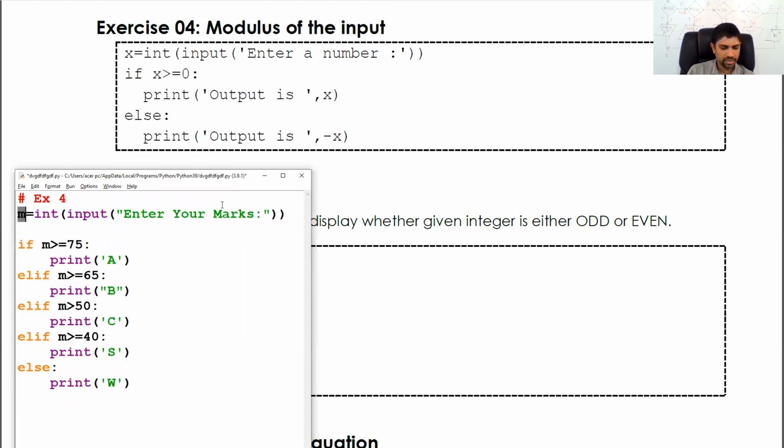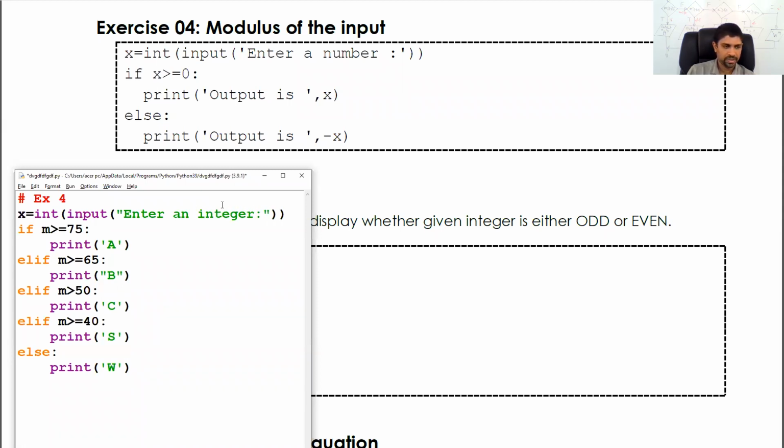X is the integer. Enter an integer. Integer, right? Now, if x is greater than or equal to 0, print